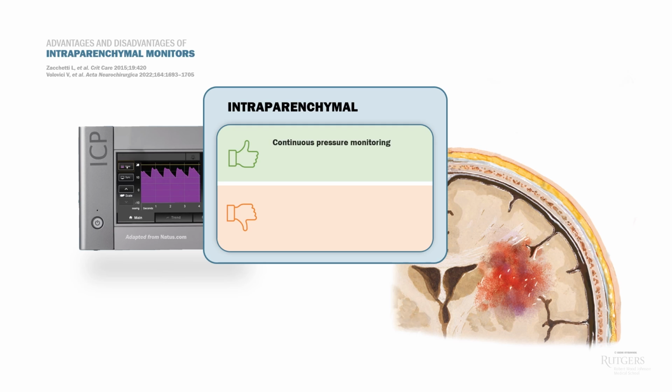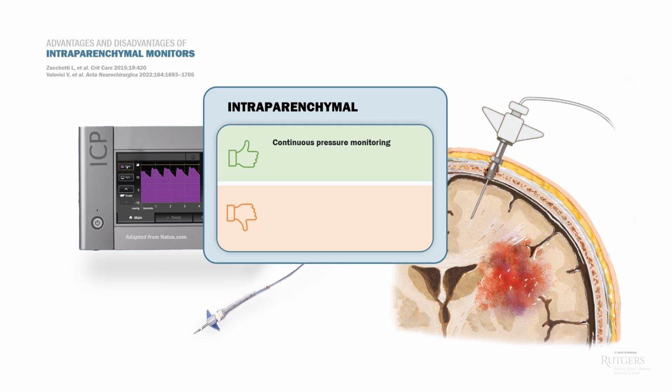If you are choosing a device to only watch intracranial pressure, intraparenchymal monitors are a good alternative. Intraparenchymal devices consist of a thin cable with an electronic or fiber optic transducer at the tip that measures the local pressure. A small burr hole is still necessary to insert a bolt, which is screwed into the skull to provide a stable attachment point.